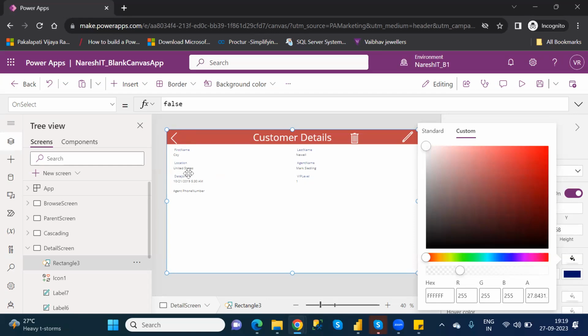After that, you change the color to white, and in the custom option, the white color needs to be changed to a light white color. This second bar, if you change it, it looks like the normal screen, but you cannot click on any application.